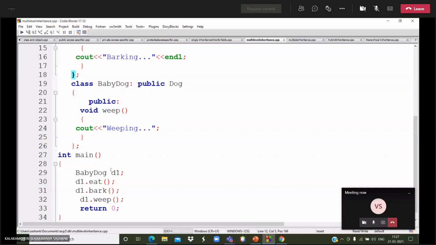In the main function, I am calling the lastly derived class. For that derived class I want to create an object. Then I am creating the D object for the D class, and with the help of D, I am calling the mul function. I am giving the value of A as 4, then the value of B as 5, the value of C as 4. The multiplication of A, B, C is 18.